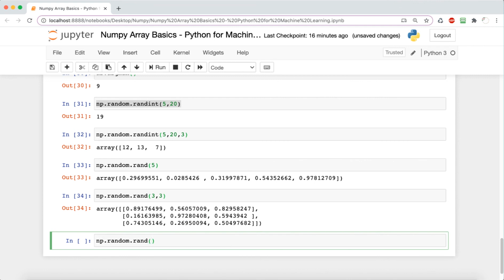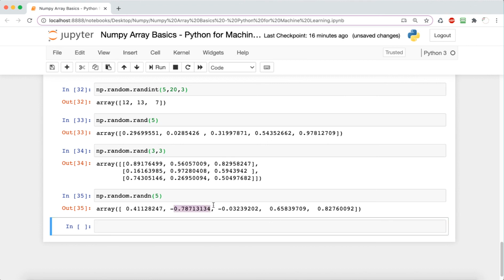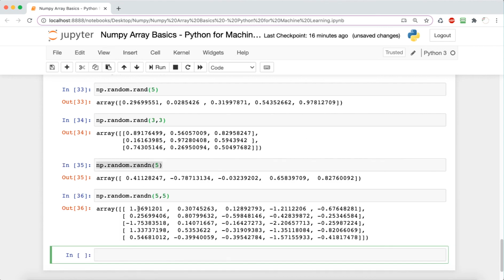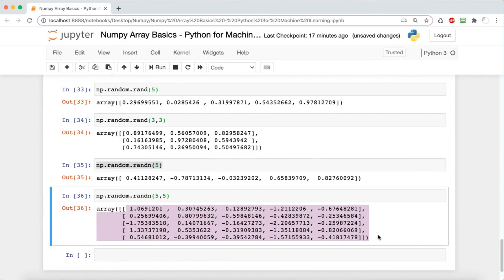Now we have the same thing, but we're going to add in a little letter here. It's an n. So randn goes from -1 to 1 instead of 0 to 1. It still outputs an array with length whatever you specify in the parameter. And we can also make this into a multi-dimensional array. They're all going to be values between -1 and 1, and they're all going to be decimals.